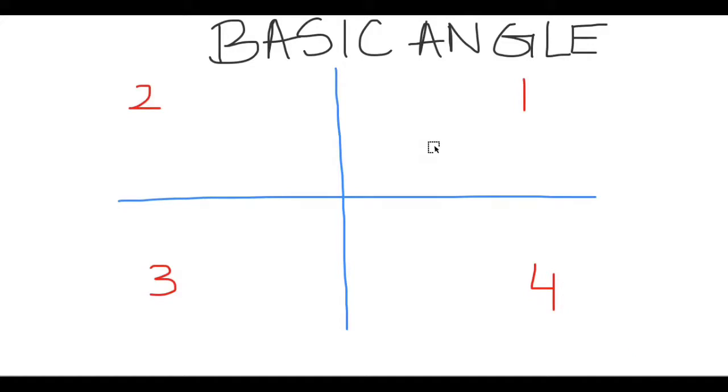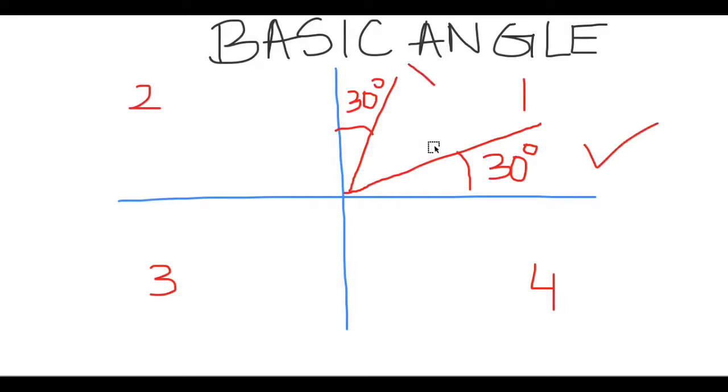Let's take an example and say that the basic angle is 30. So when we draw the basic angle over here in the first quadrant, we will draw it this way. Why are we drawing it this way and not this way? In the first quadrant, we are drawing it this way and not this way because the first condition of the basic angle is that it will be formed with or against the x-axis. So we have this as the x-axis, and that's why we'll be drawing the basic angle this way and not the other way.